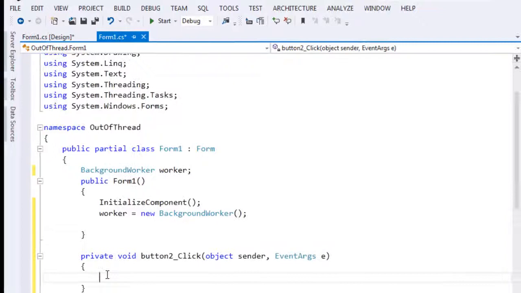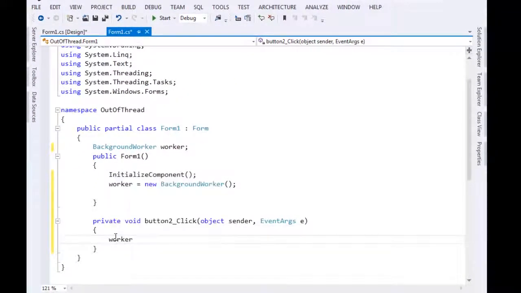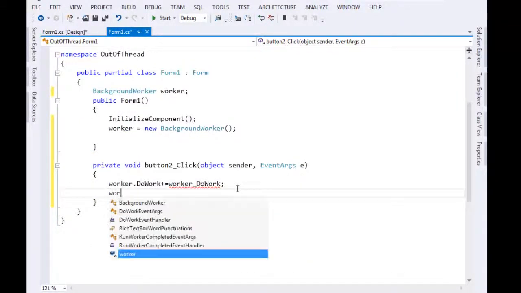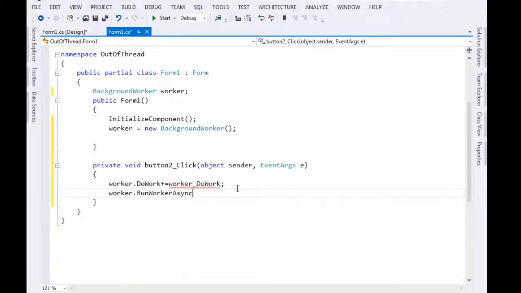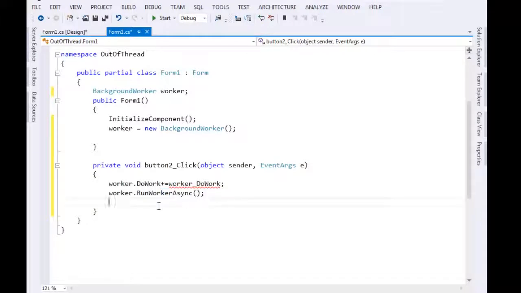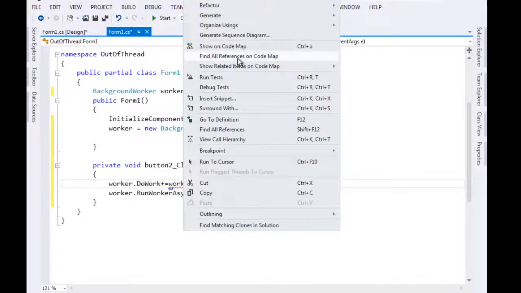Now I will add an event handler to the DoWork event, and I will run async, which is a method. Okay, I will generate a stub for the event handler